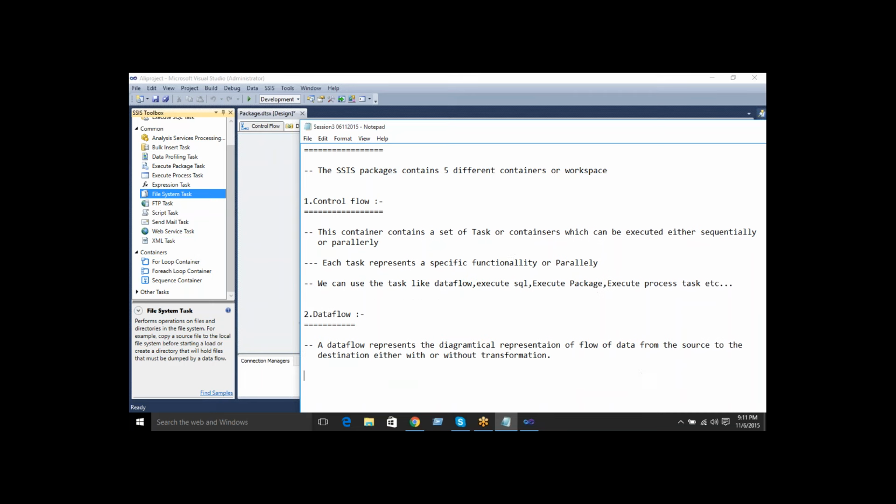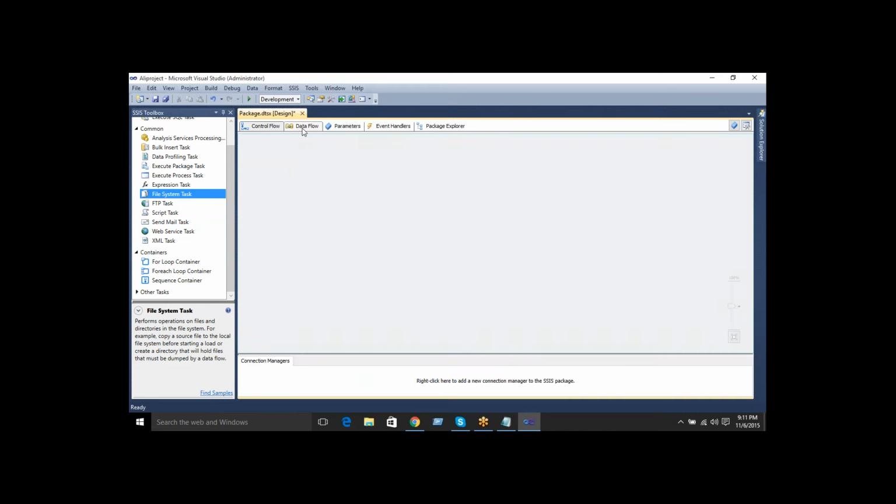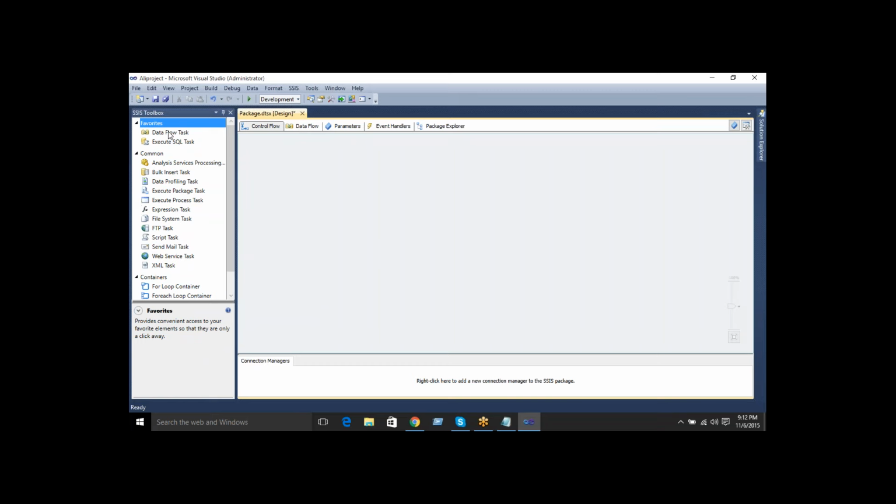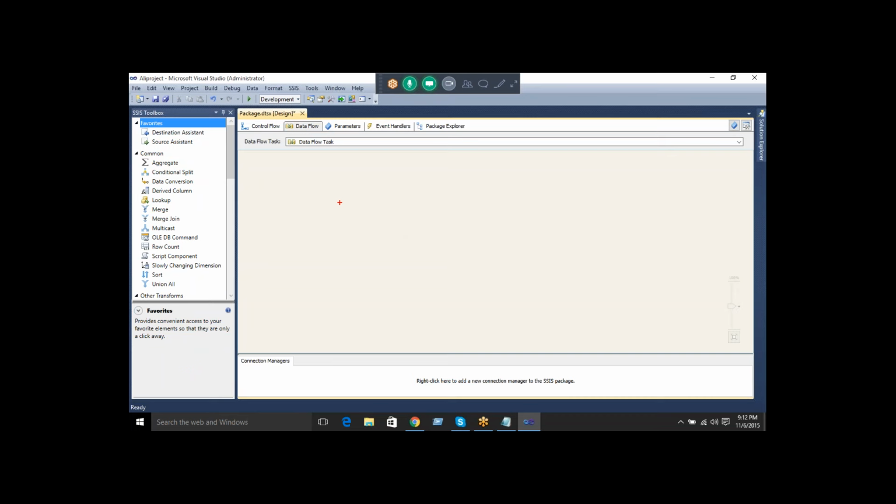To access a data flow task and data flow items, you must place a data flow task in your control flow and double click on it. Data flow is a flow of data.